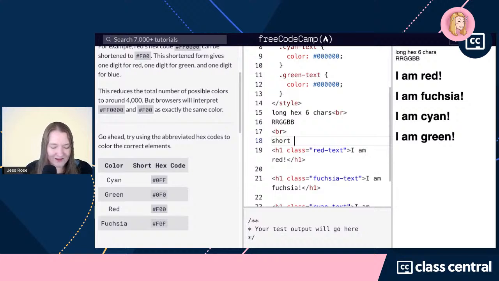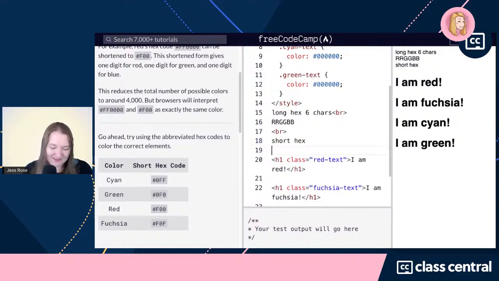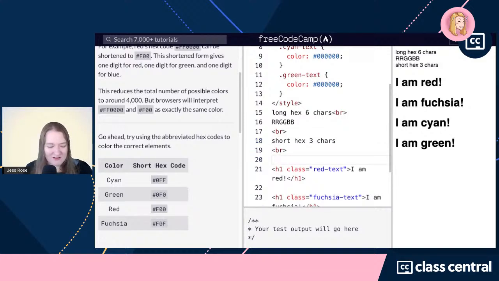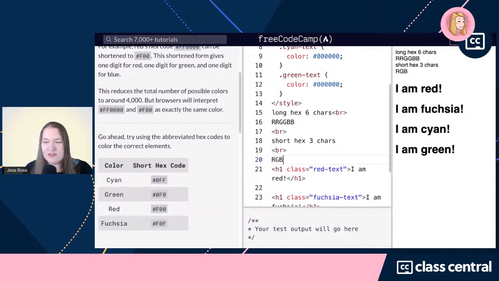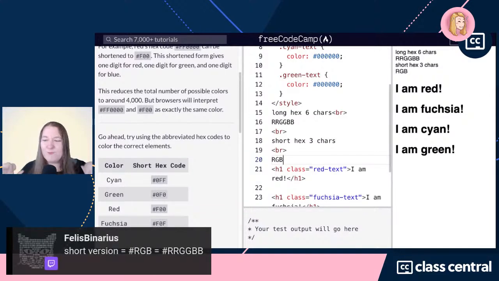okay, short hex. What do we think short hex is going to be? If the long hex is 6 characters and short hex is 3 characters, what do we think the format is going to be here? I think that we're going to be going with red, green, blue. So we'll have a lot